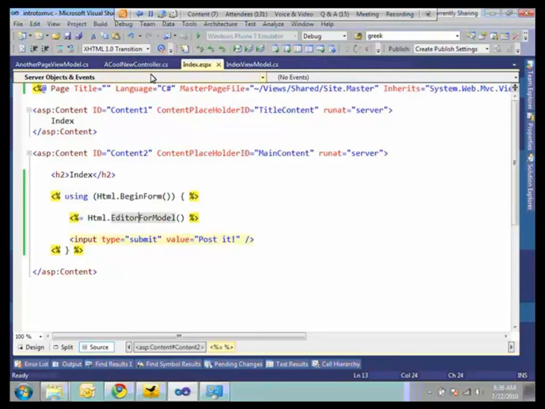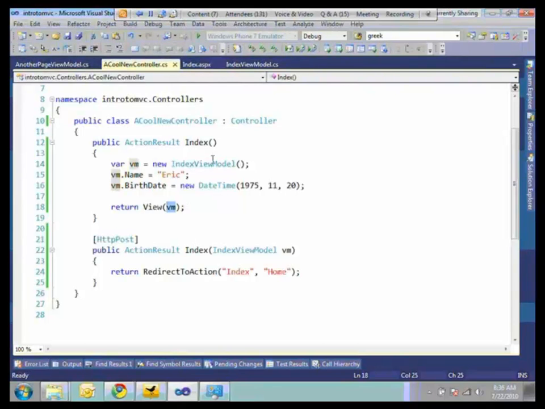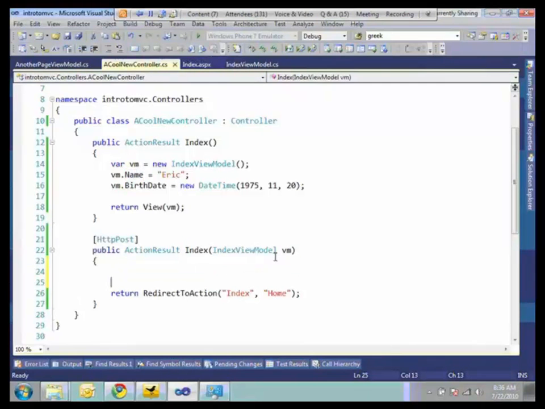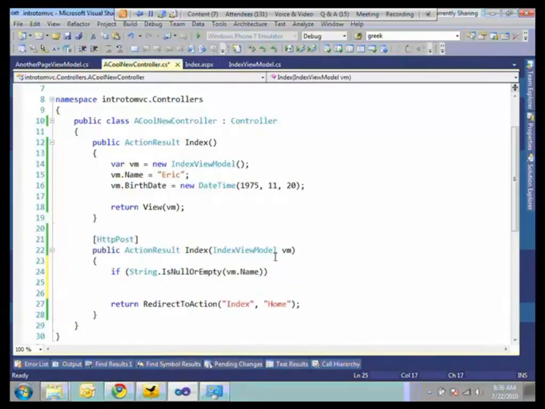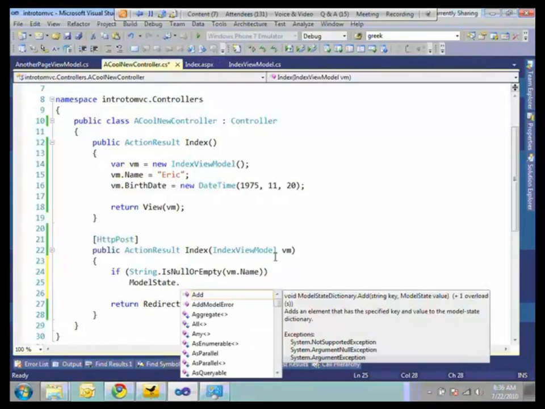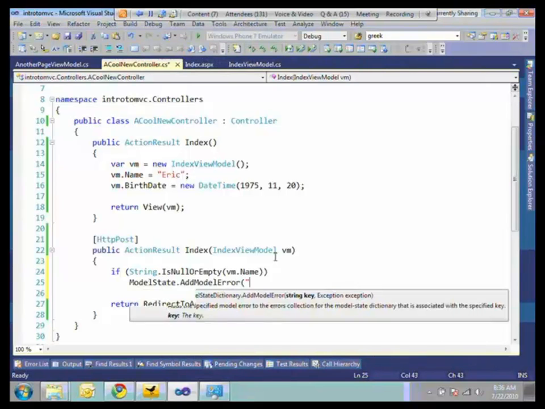the controller. Now let's talk about something that you're going to want to do a lot of the time, and that is validation. So let's say we want to make sure that name is always filled out. You could do it the manual way, where you're checking in here, where you can say, if string is null or empty or white space, and then you can add errors. So you can say ModelState.AddModelError, and you can give it the name of blah blah blah. Okay, that's painful. We don't want to do